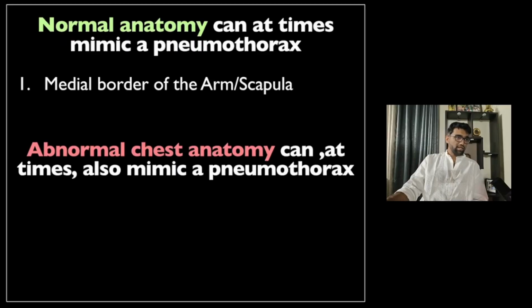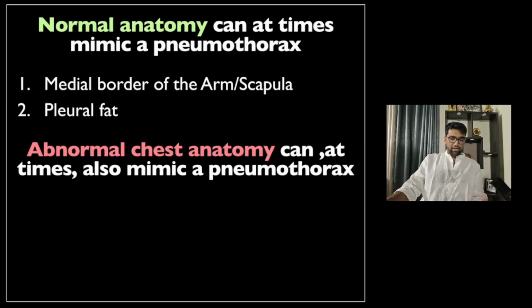Now, at times, normal anatomical findings can mimic a pneumothorax. This includes the medial border of the arm or the scapula. This naturally will occur if a PA film is not taken properly and the patient's scapula has not been externally rotated properly. So, whenever anybody gets a PA view radiograph taken, they are asked to fold their arms something like this, and then the scapula tends to externally rotate,